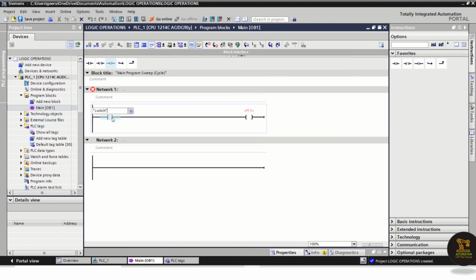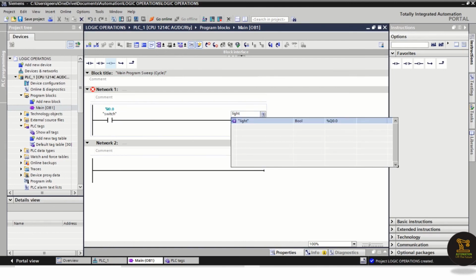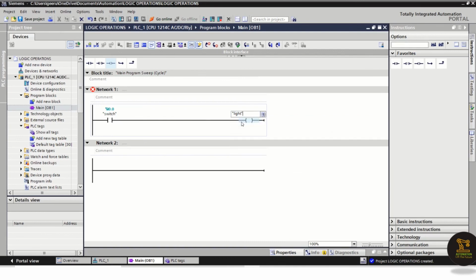Now just click on this to add it. In the same way, address this one also, go with the same thing like light. Now you can see this switch and light. So when this switch is on, light will be on. When this switch is off, light will be off. That is a simple program.